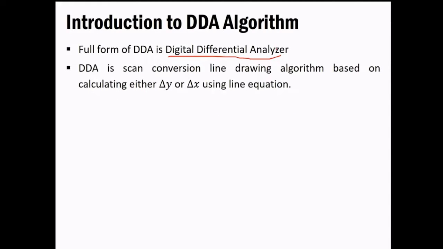Okay, so what it says is we have to keep two things in mind as of now, that is the delta x and delta y. Now you already know what this delta x and delta y is. You'll get it from the two endpoints that we have. You can easily get this information. Based on that, you'll get the value of delta x and delta y. Out of delta x and delta y, you'll get the slope value. You can easily get the magnitude, whether it is positive or negative. Based on that, you can proceed further with our algorithm.